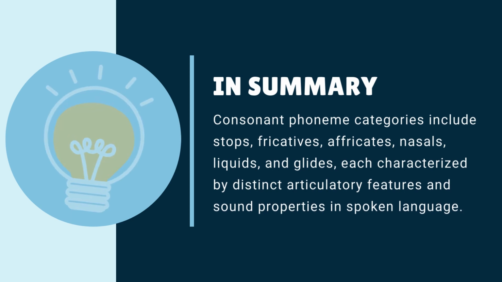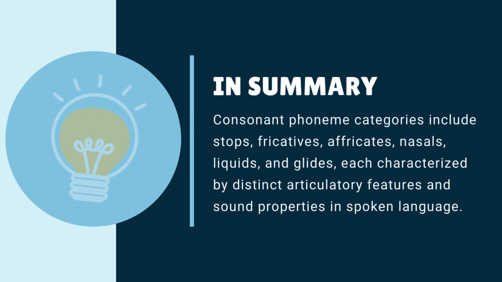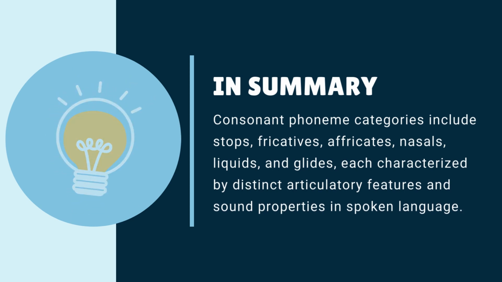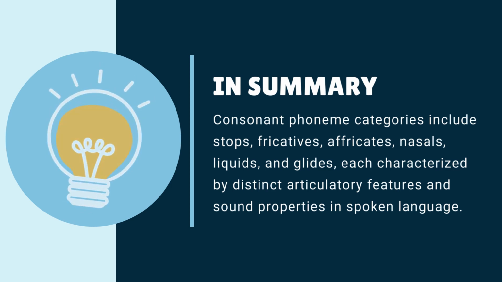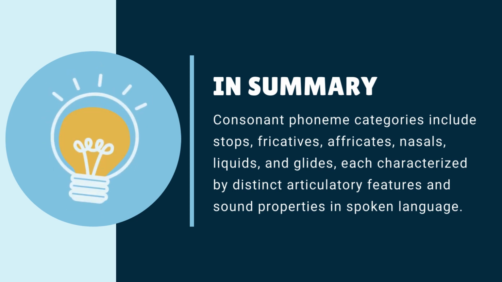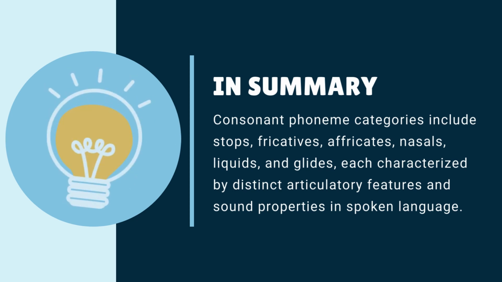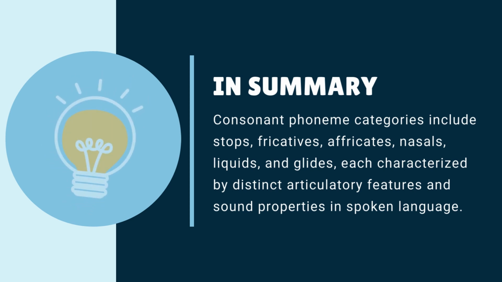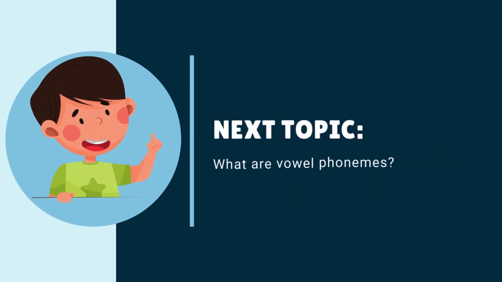In summary, consonant phoneme categories include stops, fricatives, affricates, nasals, liquids, and glides, each characterized by distinct articulatory features and sound properties in spoken language. In the upcoming video, we'll explore the various types of vowel phonemes in greater detail,